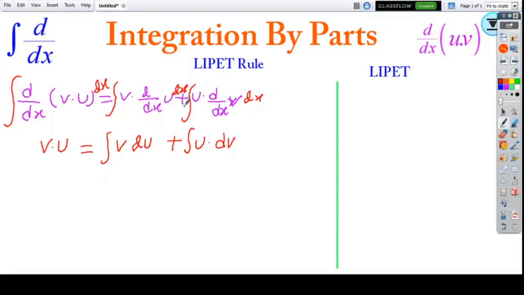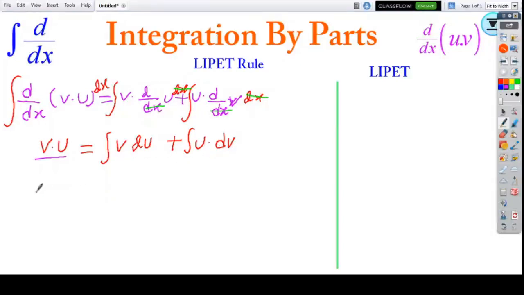Or simply you may manage this, it's not a theoretical way, but the dx and dx will cancel out, so du will be left, and here dx and dx will cancel out, so dv will be left. So here you may also ask what about the integral sign here? Integration and differentiation are going to produce the original value. So the product of the two functions is equal to the integral of the first function plus the integral of the second function.